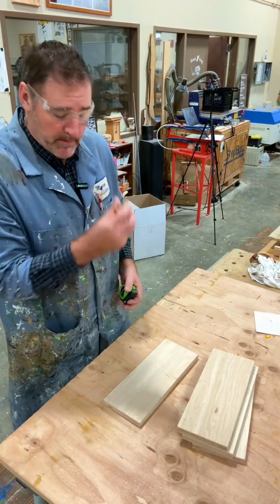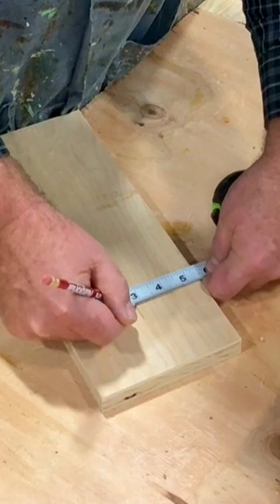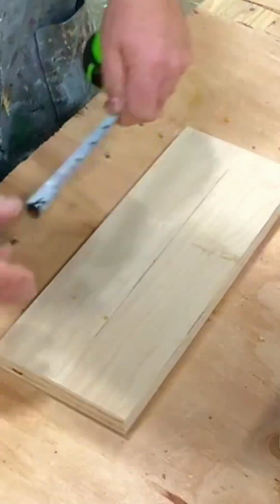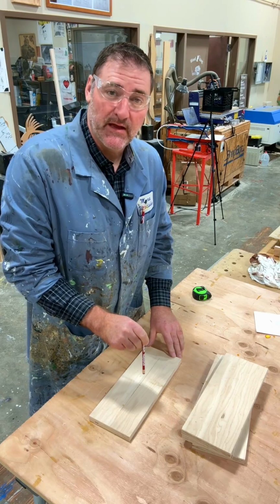Next thing I'm going to do is mark it halfway up. We got a piece that's 5.5, go to 2 3/4. Make a mark across like this. And we're going to go to the middle. So now what I'm going to do is drill a 1.5 inch diameter hole over at the